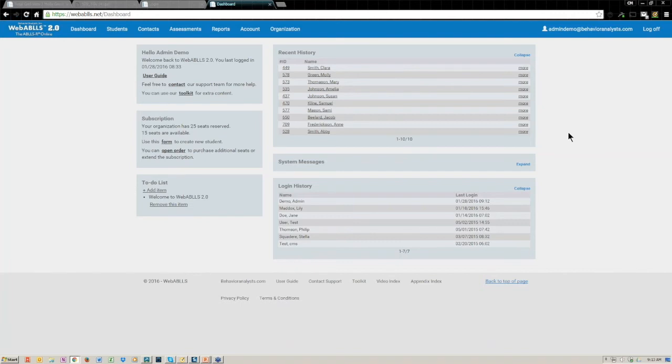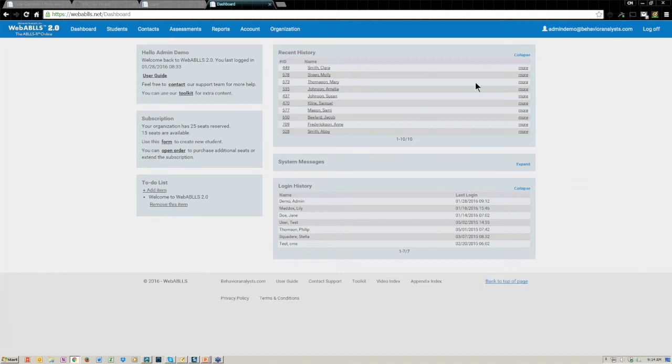As it begins to populate, you will see that your recent history, your students, are going to show up there. It's a very quick and easy way to get to a student that you've been working on recently. It has links to all of the help and resources. You have information about your subscription, and here is also where you can click this form to create a new student. There's also another place where you can add a student in the site, and I'll show that to you when we add our student. You've got your handy to-do list here, and pretty much everything is available to you very quickly from this screen.